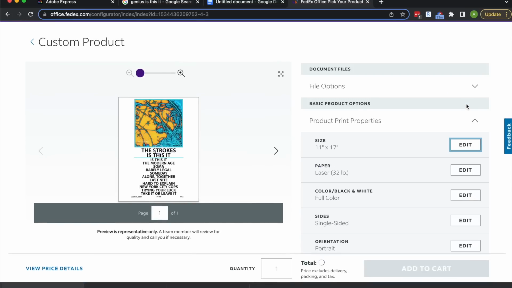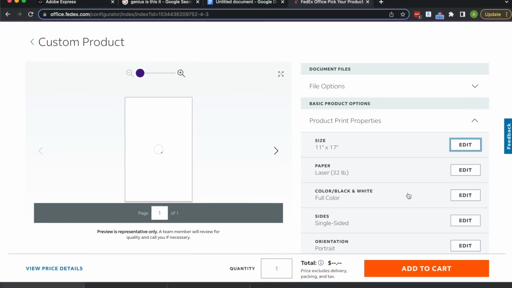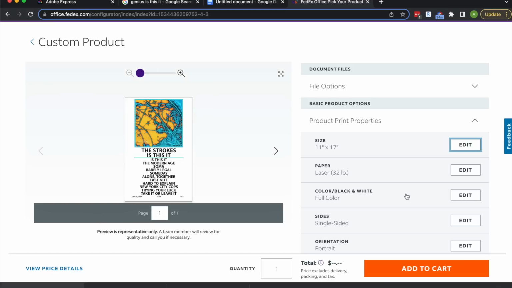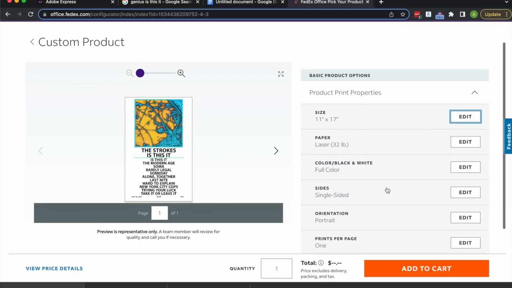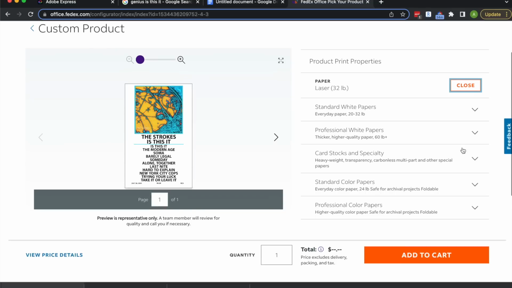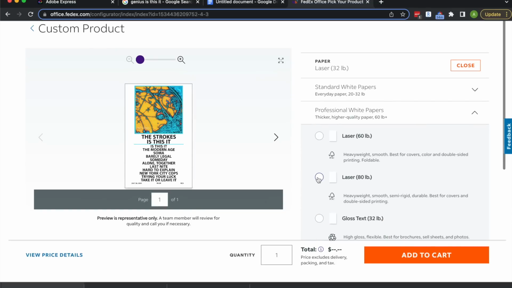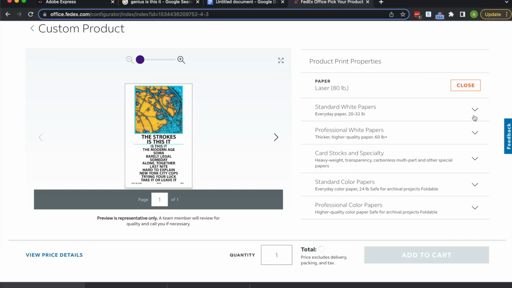And then from there, just go into laser 80 pounds because you're probably going to want the thickest one. I think it is a little bit more pricey, but with these, I think going quality over quantity is a little bit better, and especially if you get money back from Rakuten